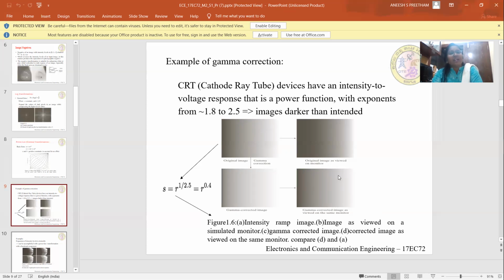Now this kind of power law transformation is not only useful for image devices like CRT displays or image printers and so on. Similar power law transformation can also be used for enhancing images. The advantage that you get in case of power law transformation is that the transformation curve gets various shapes depending upon different values of gamma, and as we